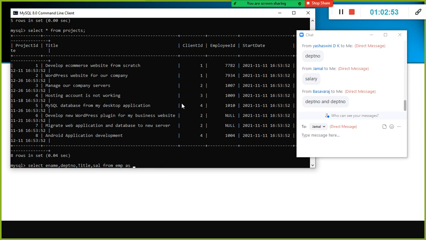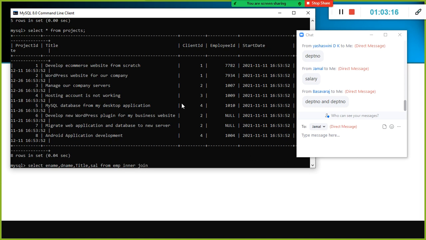Here I'm going to use d name instead of department number, because we want the department name of the employee and the corresponding project they are working on, and the salary also. Emp comma depart, from emp inner join.